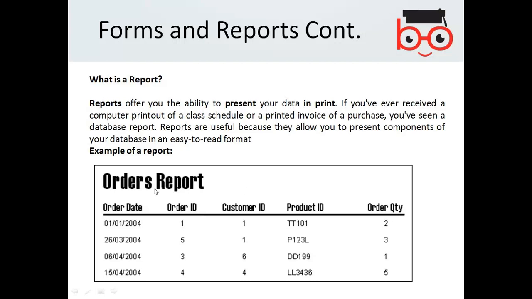So this is a kind of order report, and normally whenever you get invoices of your purchases, they have the entries in their particular order, but the information regarding that invoice is stored somewhere in the database of whoever sold it.